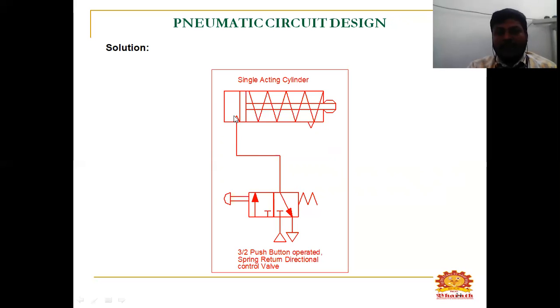There will be your inlet port, and the fluid starts to enter here, so your cylinder will be extended and it will be in the extension position, which is normally the clamping position. If you want to retract, you have to take back the piston, and it will be automatically retracted. And this is the solution for your given problem.